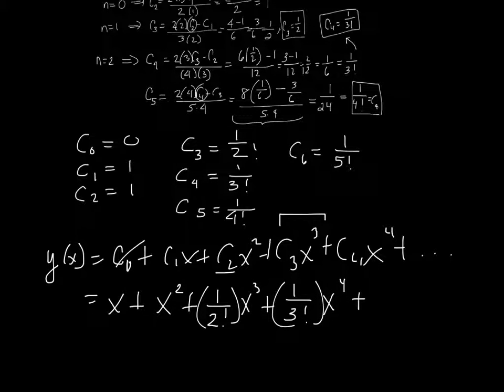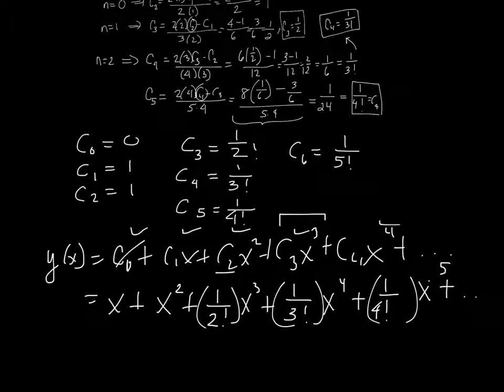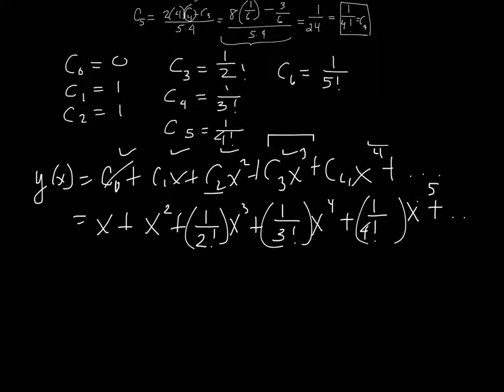Let's go ahead and write C5 since we found it. 1 over 4 factorial, x to the fifth plus dot dot dot. Okay, so now that we have this, we ask ourselves,